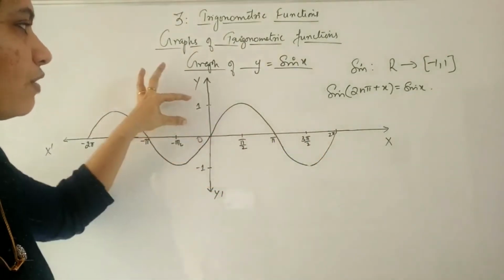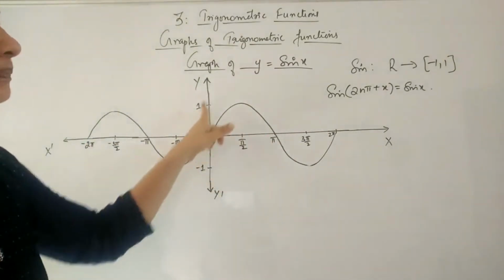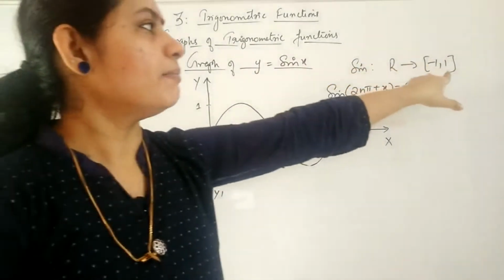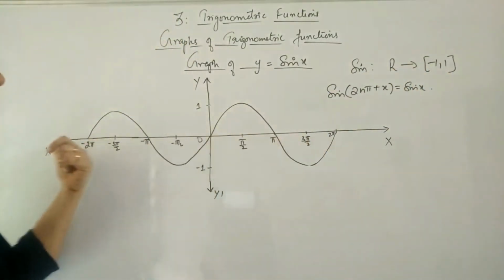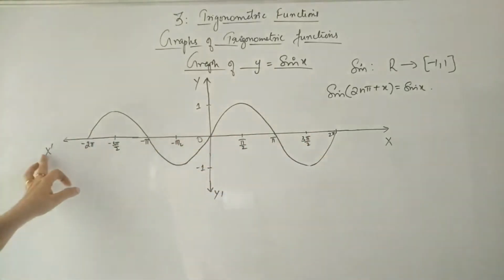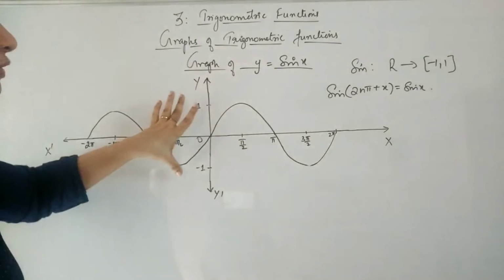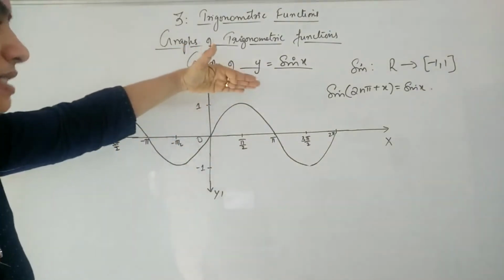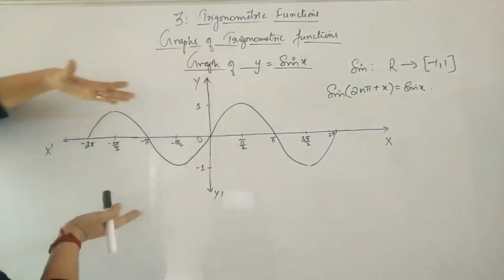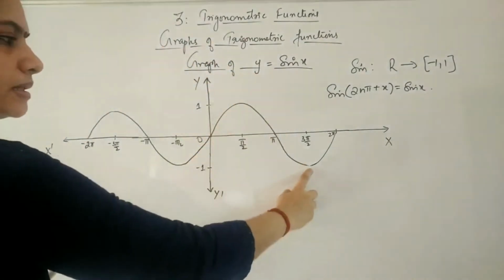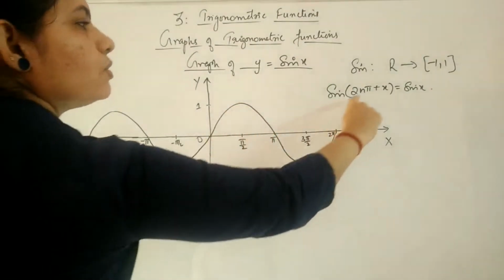So the maximum value of sine is 1 and minimum is -1. That's why in your range you have -1 to 1, and x can take all the values. So all the values are mentioned here. That means in your x-axis you have all the values, that means the real axis. But for y, the value of the sine is ranging from -1 to 1. So here you have that function, and the maximum will be 1, minimum is this. And you can see, after going like this, it will just go again like that.